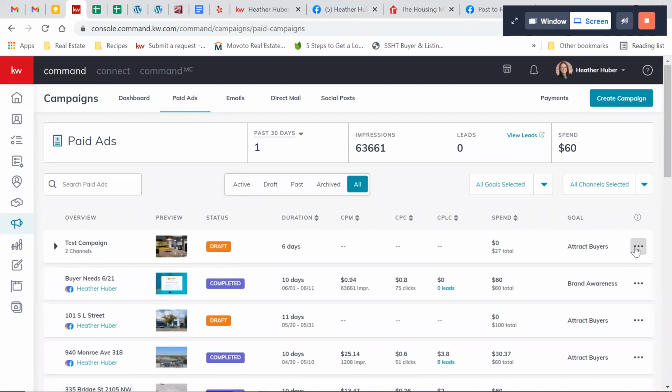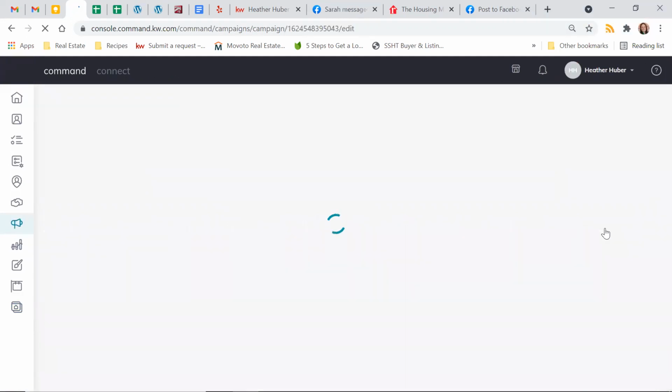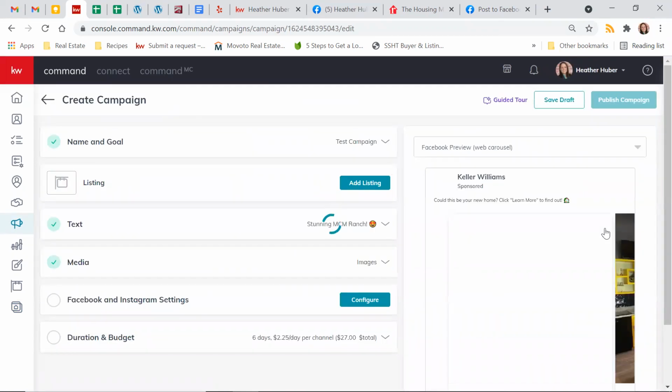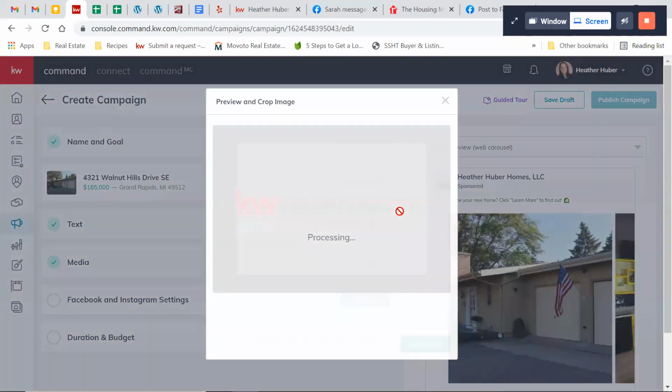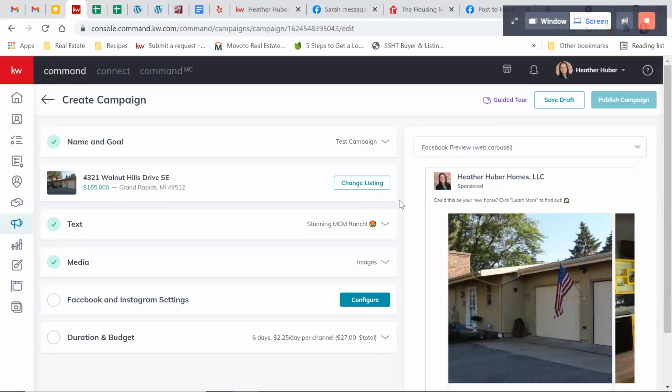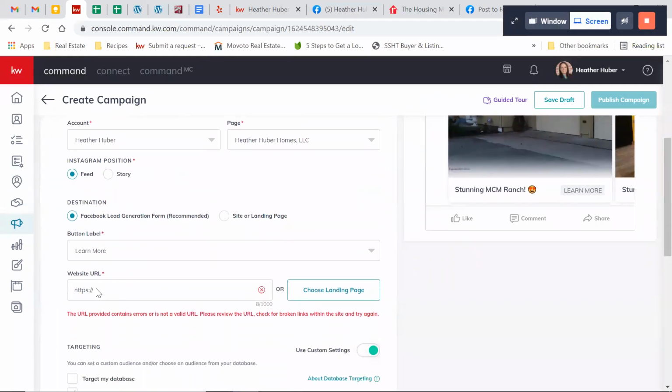And then I'm going to click these three dots, edit campaign. There we go. Okay, so now I need to configure the Facebook, Instagram settings because I don't have a website